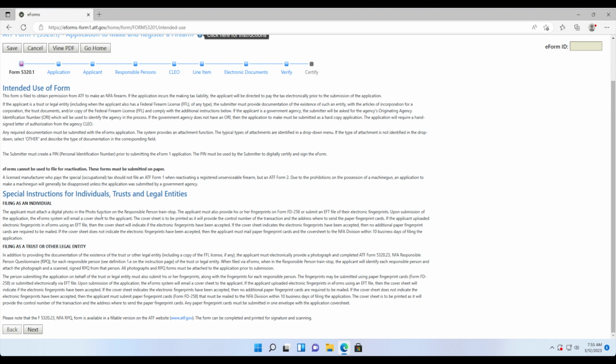Upon submission of the application, the eForm system will email a cover sheet to the applicant. If the applicant uploaded electronic fingerprints in eForms using an EFT file, then the cover sheet will indicate if the electronic fingerprints have been accepted. If the cover sheet indicates the electronic fingerprints have been accepted, then no additional paper fingerprint cards are required to be mailed. If the cover sheet does not indicate the electronic fingerprints have been accepted, then the applicant must submit